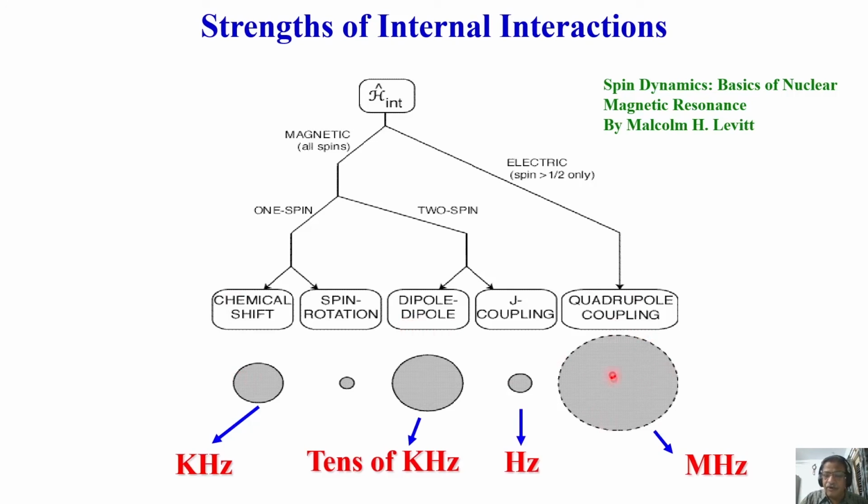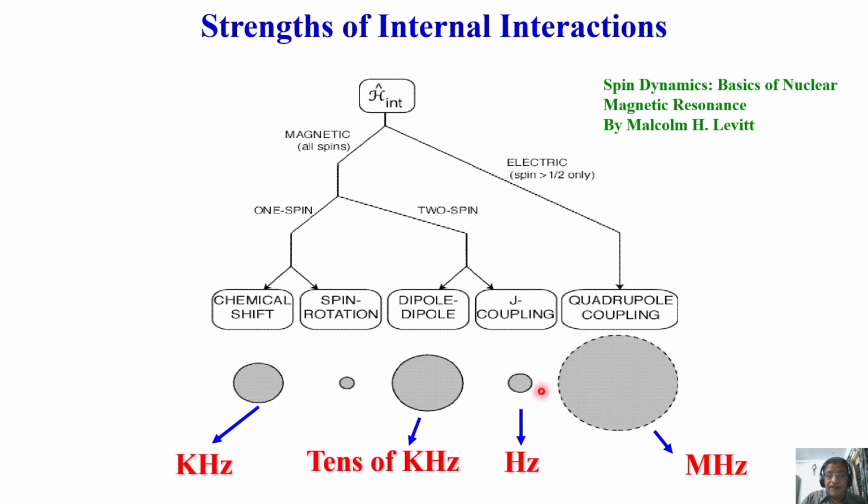Of course, quadrupolar interaction is quite large, but in the general cases, what we are dealing with in the solution state, this is a perturbation term. That is a small term compared to Zeeman interaction. Remember, this is a small term compared to Zeeman interaction. We treat this as a perturbation term. So this is quadrupolar perturbed Zeeman. If this is very, very large compared to Zeeman, then Zeeman perturbs this. We will not go more into the details of that.